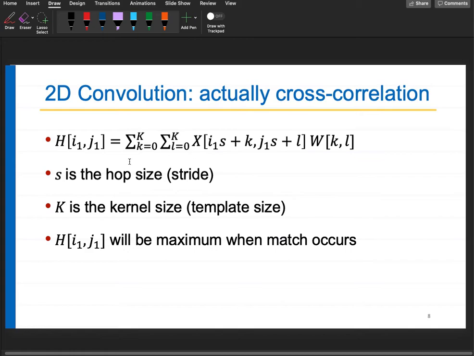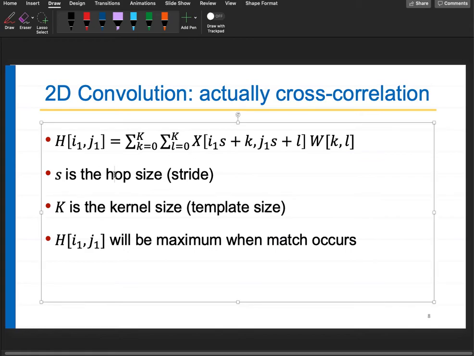In this notation, S is my hop size. Generally, when you take cross correlation, you take the hop size to be 1. You move by one unit or 1 pixel. But in this case, you are moving by multiple pixels to save time. You don't want to waste time. Let us say I have a 10 cross 10 kernel and I am scanning a 100 cross 100 image. Very little new information is there in adjoining pixels. It is a highly correlated image, with correlation across space. That is why I can take longer strides.